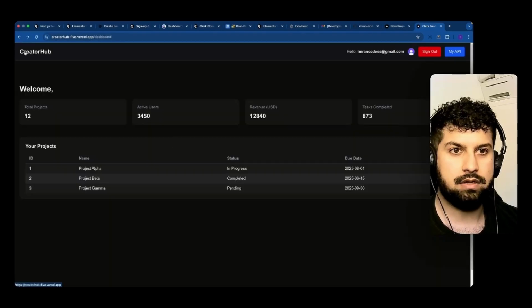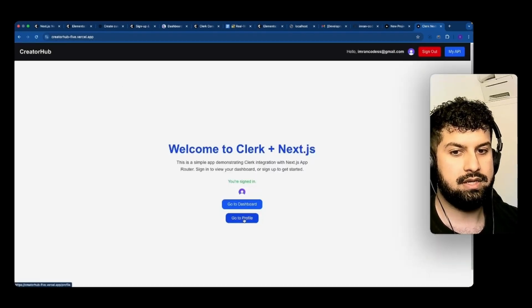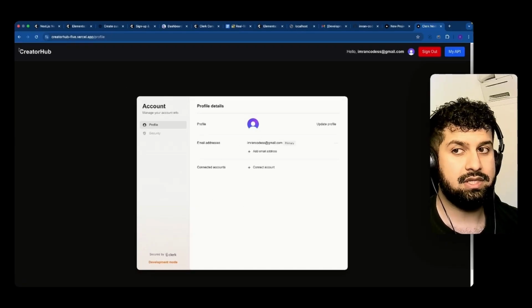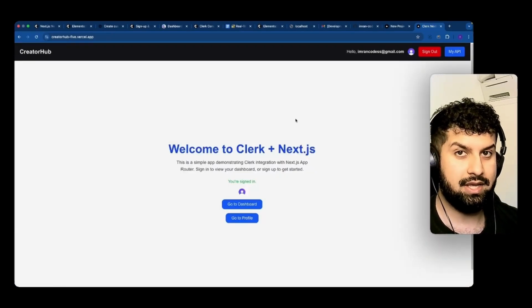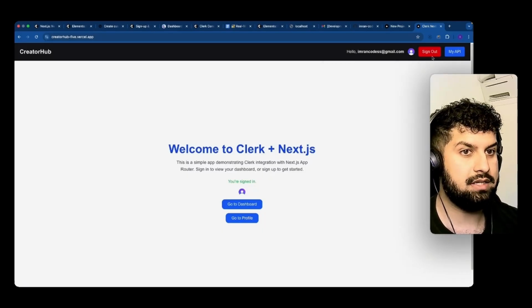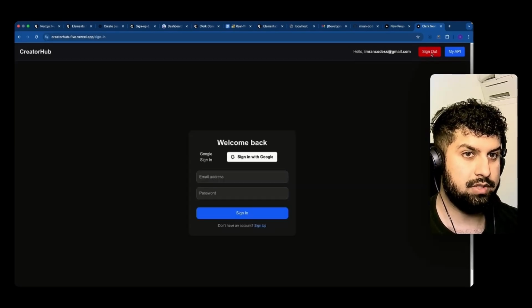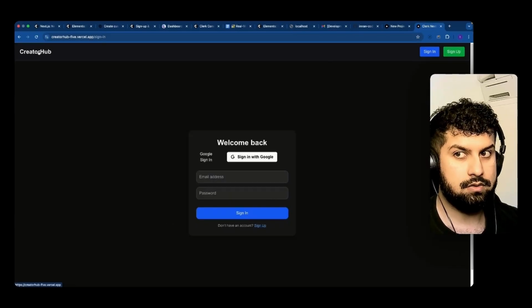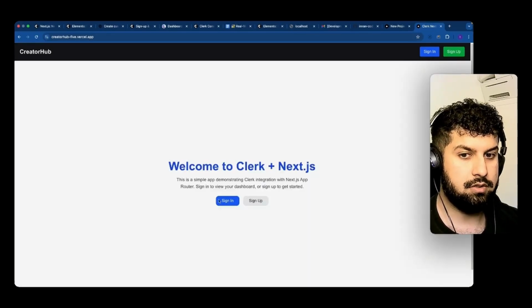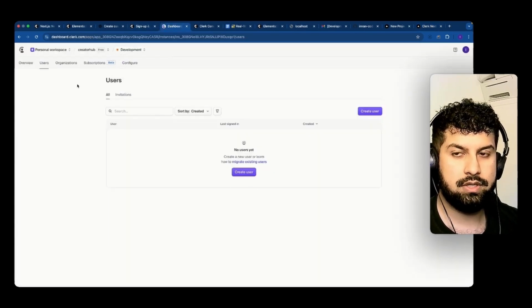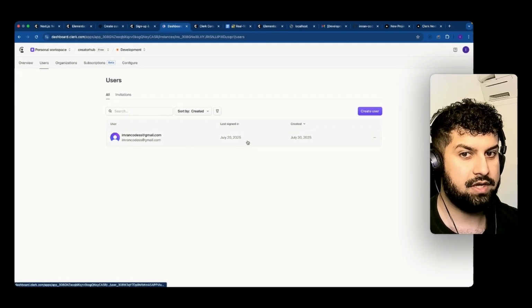If I go back, I can go into CreatorHub, and then I can also go to my profile, which I've created as well. So that is essentially the crash course for Clerk and Next.js. You can see this is all working fine. Everything is working as expected. If I press my sign out button, I'm now signed out. I go back to the sign in page here. I can also go into the CreatorHub here and go back to the home page. If I go into my dashboard and I refresh, I now have that user that has been